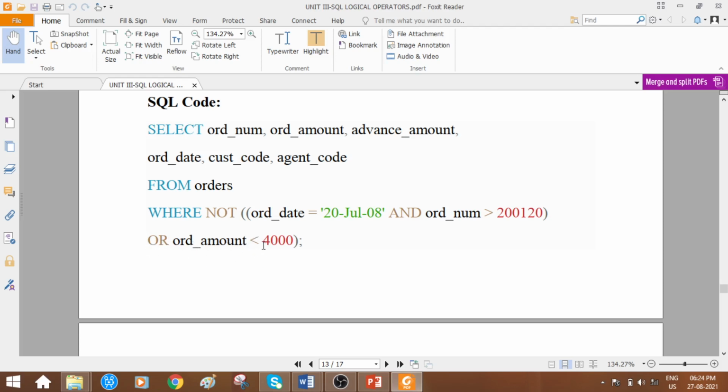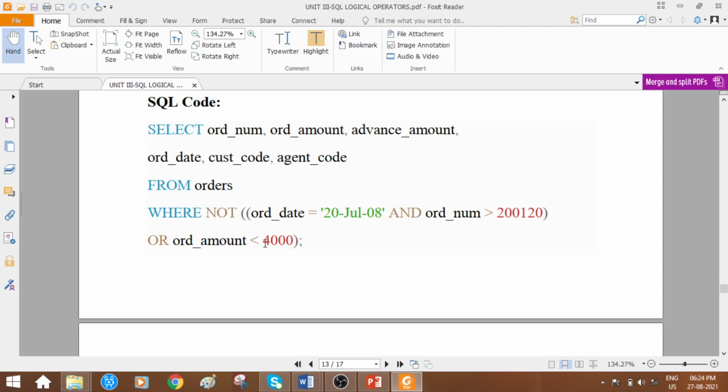So order amount less than 4,000. Why have they said less than 4,000? In our requirement, they said whichever order amount is greater than 4,000 or equal to 4,000, only those have to be displayed. So here we are making use of the NOT operator.